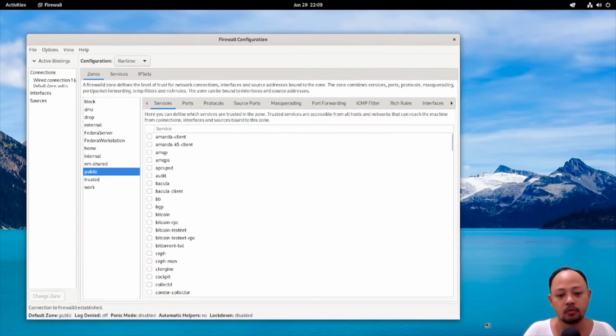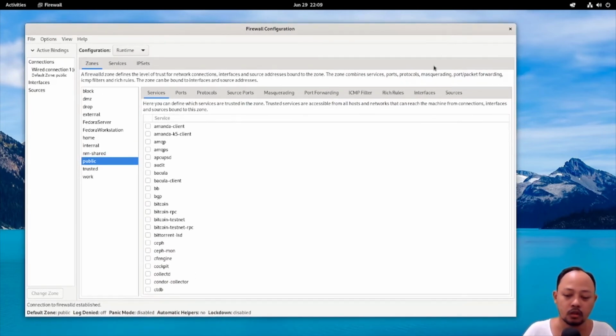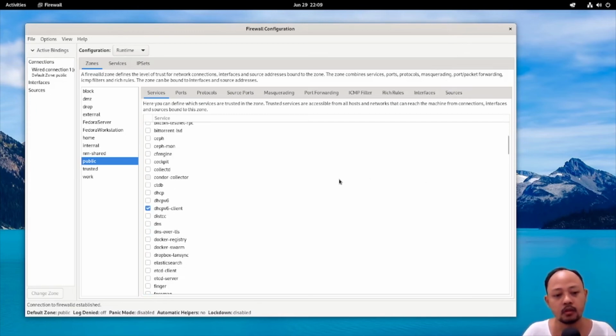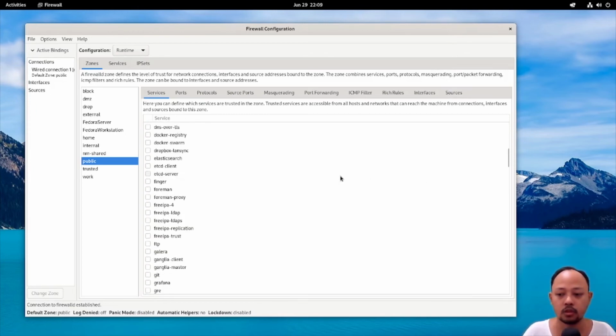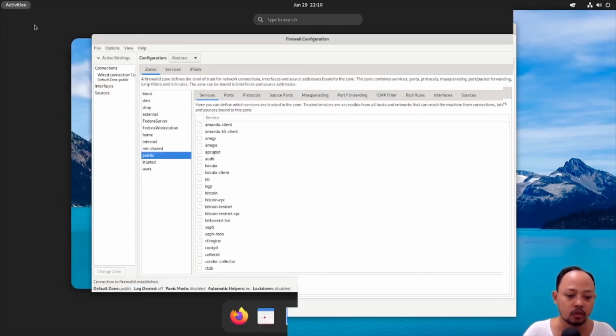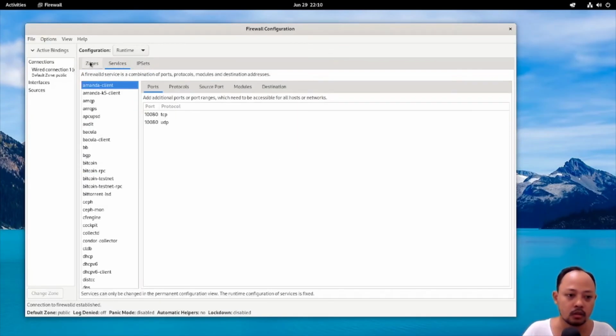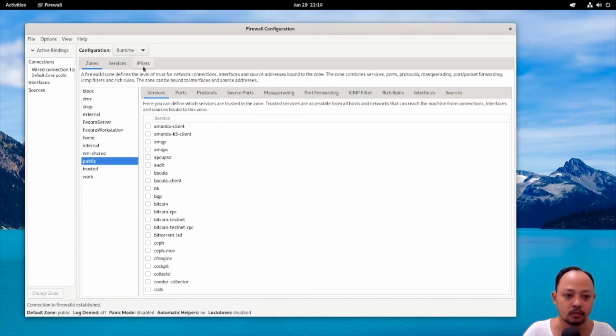It's very helpful, I think, when we want to learn about server administration or networking. Usually we need to memorize the commands for managing the firewall from the terminal, but with this GUI we can just click and do the settings.